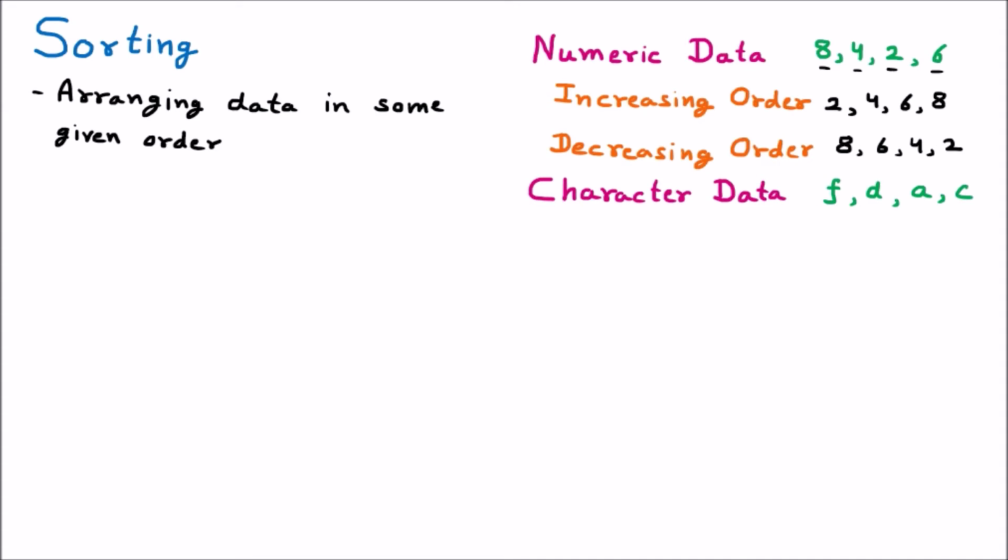Now we are discussing the character data, just like if we have some alphabets, F, A, C. On these characters we can apply the sorting, which is called alphabetical sorting. Talking about alphabetical, we have to go with the smallest alphabet towards the largest alphabet. Now how are we going to find the smallest and the largest here? We know that every alphabet has an ASCII value. Just like the small a has the minimum ASCII value, and the z has the largest ASCII value.